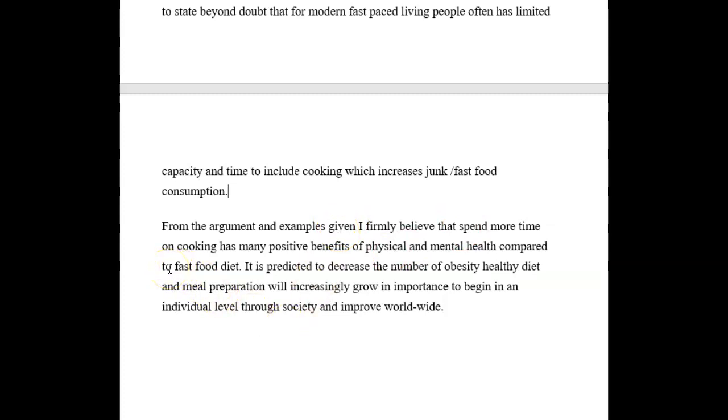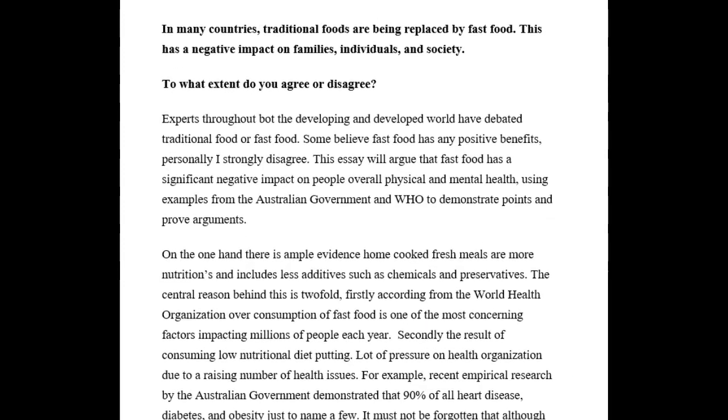"It is predicted," okay, "it is predicted that the number of obesity," let's try it differently. "It is predicted that to decrease the number of obese people, a healthy diet and meal preparation will increasingly grow in importance to begin on an individual level through society and improve worldwide." Okay, so